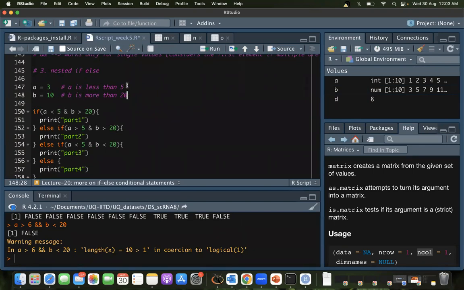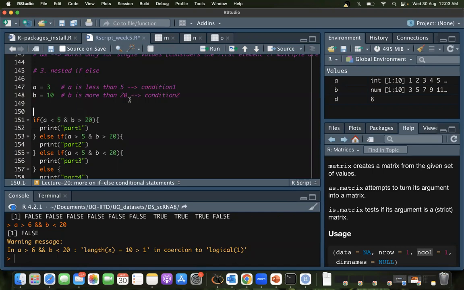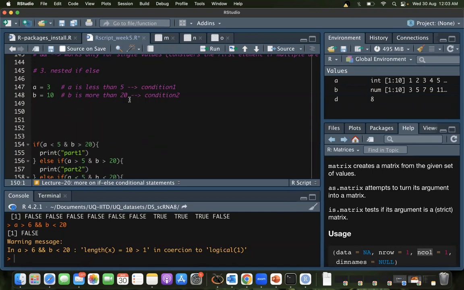Okay. So now, let's say this is what I'm interested in. I want to check if A is less than 5. I want to check if B is more than 20. Now, it's possible, so I'm calling it condition 1, and I'm calling it condition 2. So now you can think about 4 possibilities, right? Conditions 1 and 2 are both satisfied.